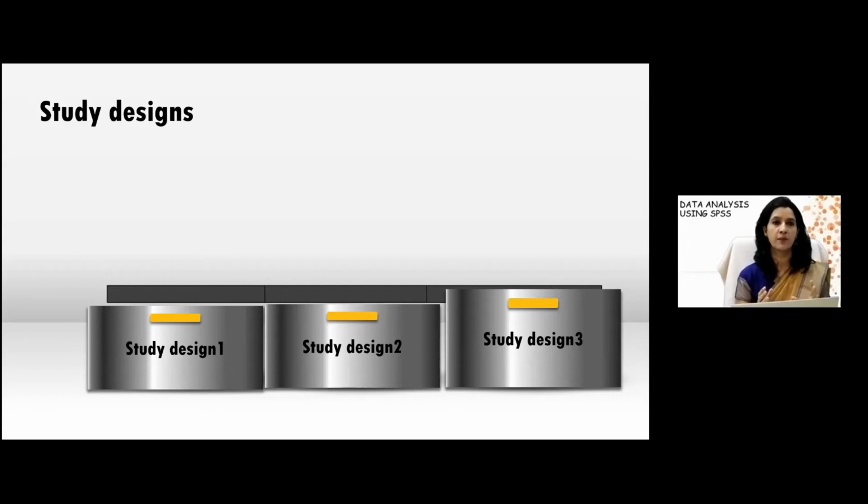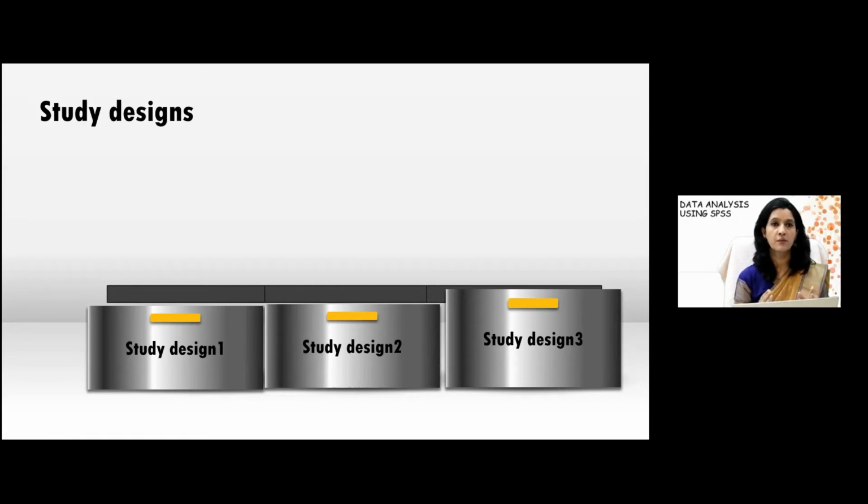So the study design would be a pre-post study, like you have done some intervention, and you have measured a continuous variable before the intervention and after the intervention. Or even if you don't do any intervention, you just want to measure something at 2 points of time on the same set of individuals, then also that test is applicable. The third variant is on the same set of individuals if you want to have two conditions or two interventions, like we did for the medicated and non-medicated lotion on right and left arm. So that right and left arm is also a paired value of a single individual. So we will perform a paired t-test.